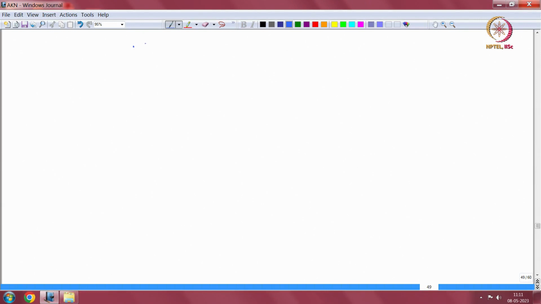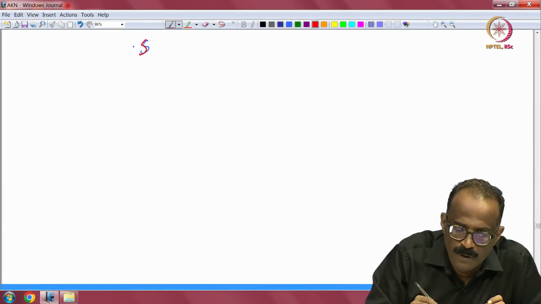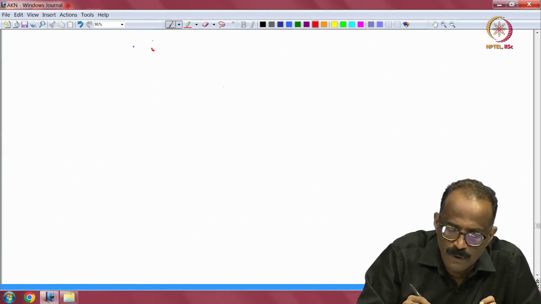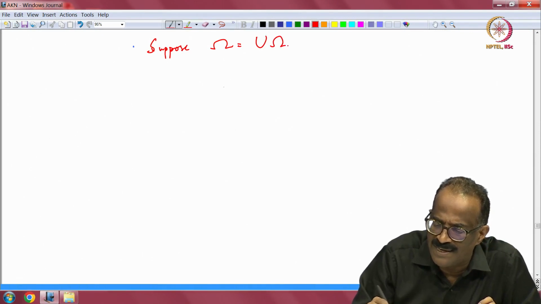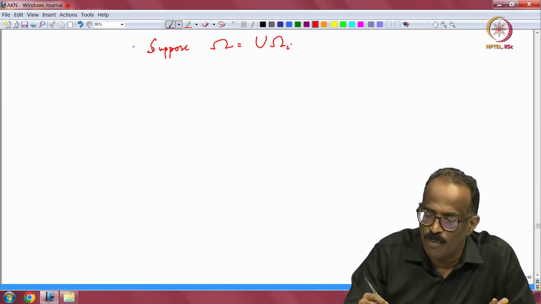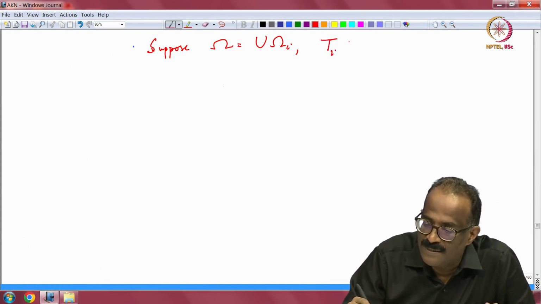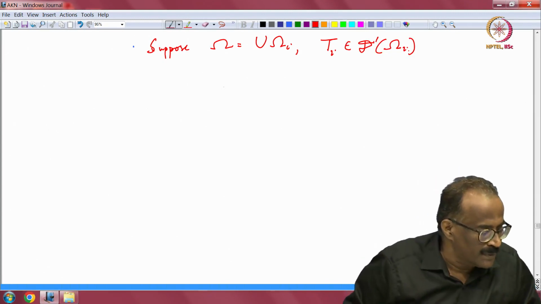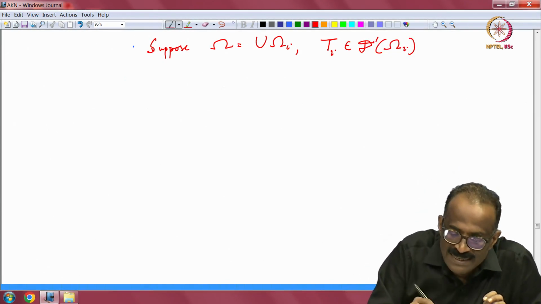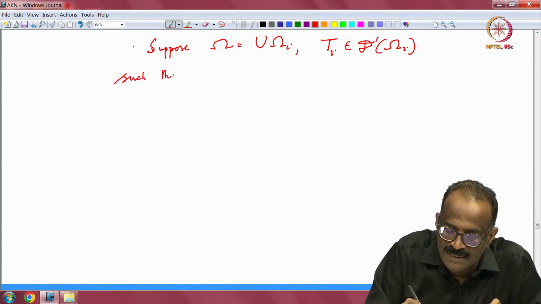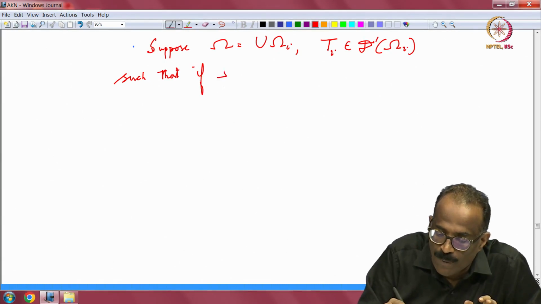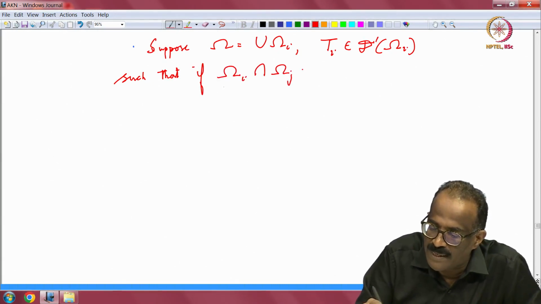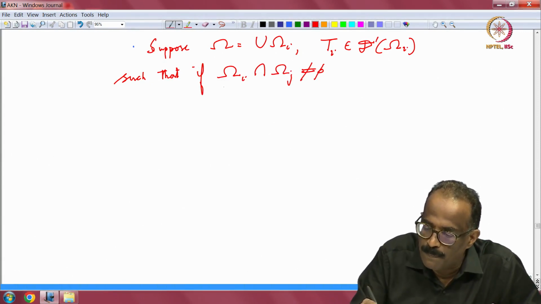Suppose you write omega is equal to the union of omega I. Of course, I do not write the index all the time, but you can write omega equal to union of omega I, and T I is a distribution in D prime of omega I, such that if omega I intersection omega j is non-empty, then